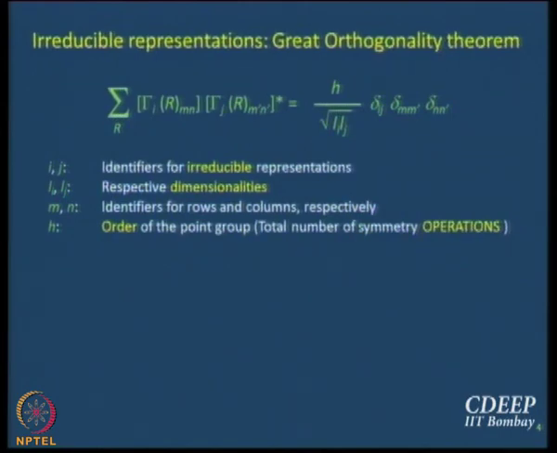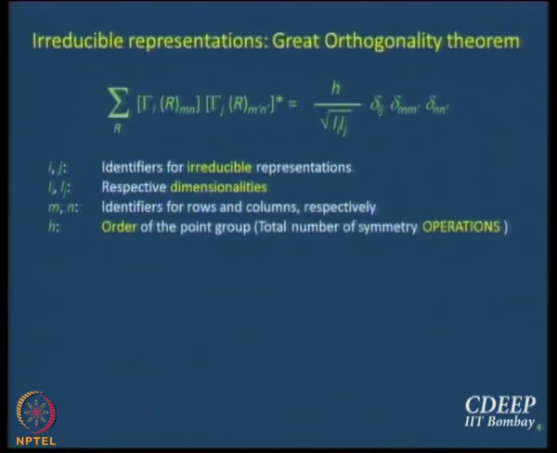Understood? So that is the normalization constant, right? But then if I is not equal to j, then what happens to the right hand side? It becomes 0, no matter what the others are. If m is not equal to m dash, if n is not equal to n dash, right hand side just becomes 0, which means that this quantity, let me call it A and let me call it B to avoid the complication of saying gamma I, mn all the time. So this is A and this is B star. Doesn't that mean that A and B, they form a set of orthonormal vectors, right? That is a condition for orthonormality, isn't it?